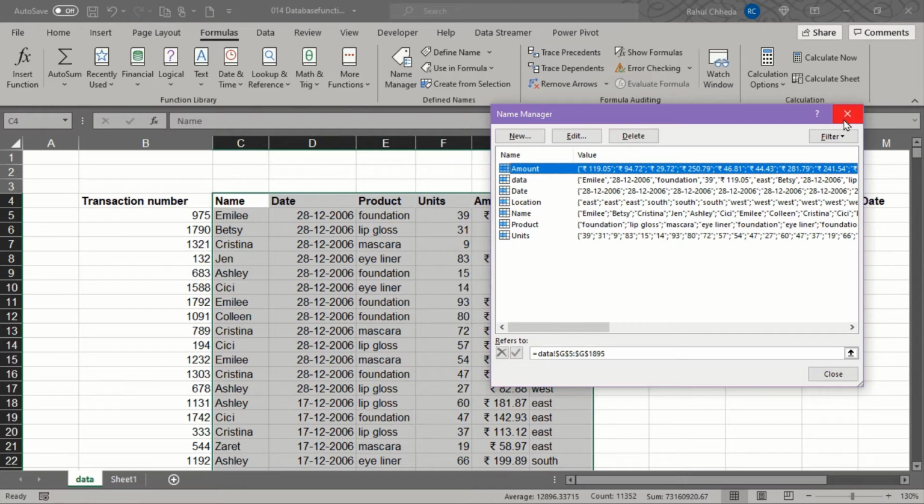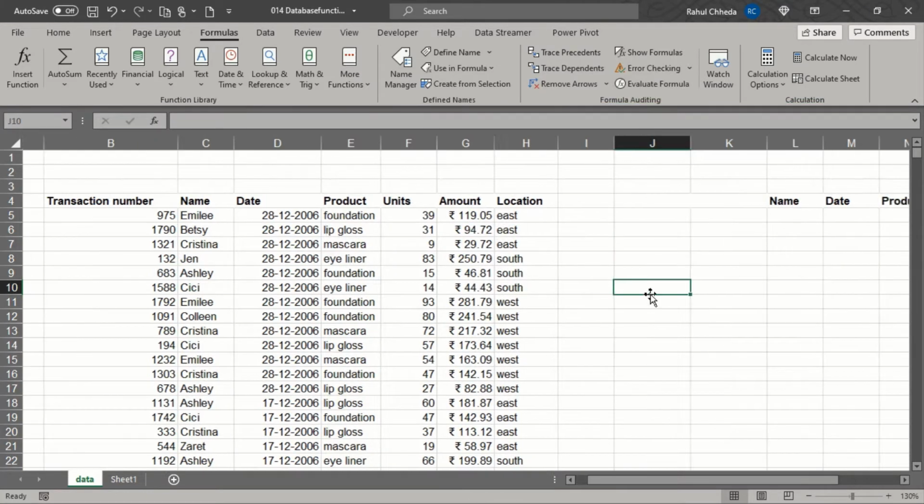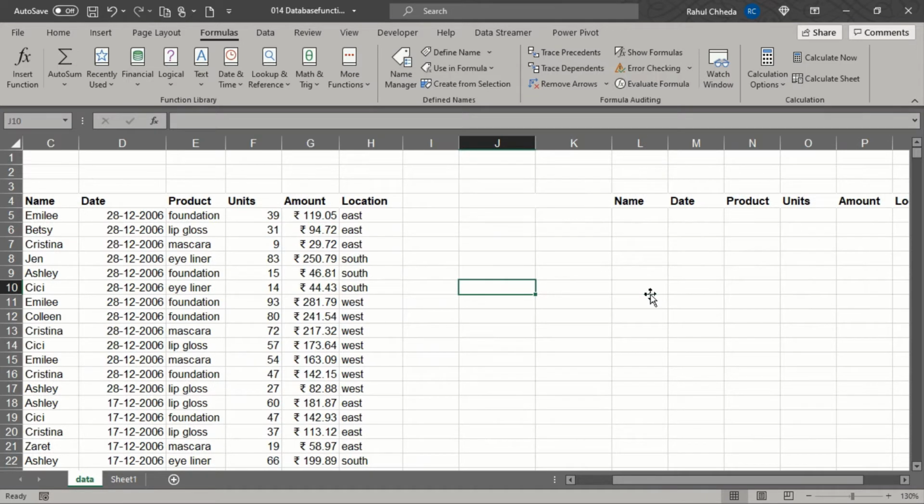is created. Now here first we'll look at the function which is called the unique function. From the name column and from the product column, I want the unique product names. Here in the columns, the product names and the names of the persons are repeated, but I want the list to be unique. So I'm going to use the unique function to get the unique name list and the unique product list. So first we'll select this cell and we'll type the function, is equal to unique,